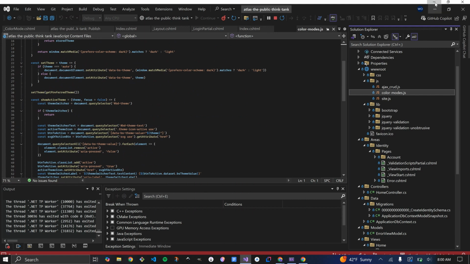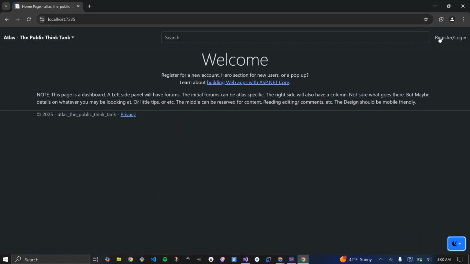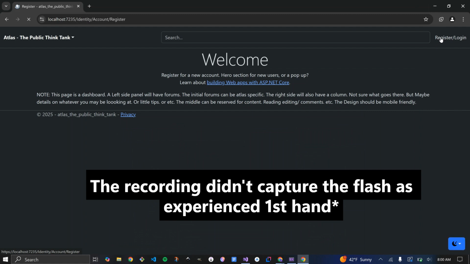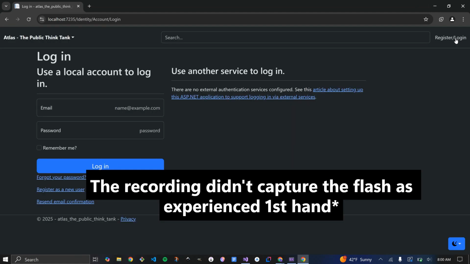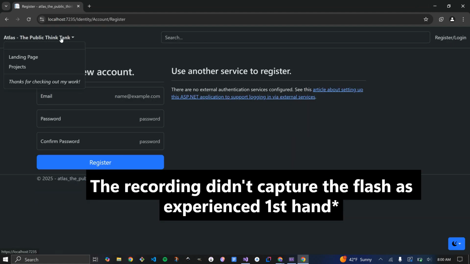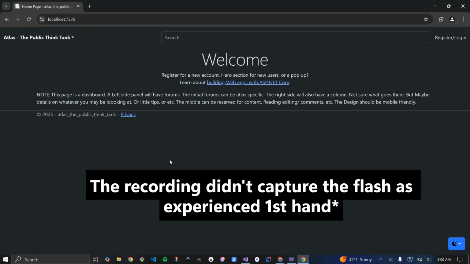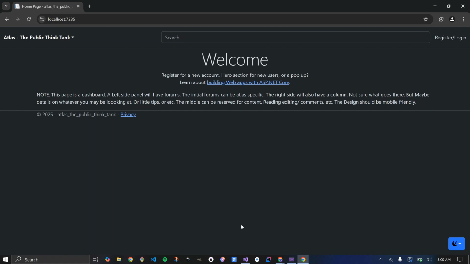It's not perfect though, because I realized if I am in dark mode and I go to another page, I see this flash. And that means that the theme isn't being set until after the page is loaded.